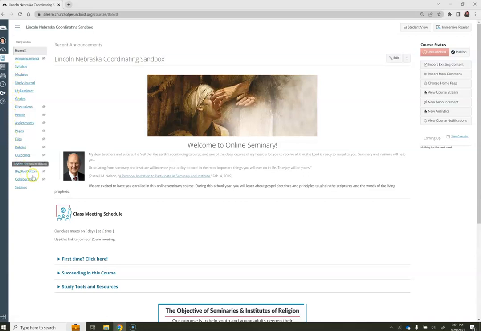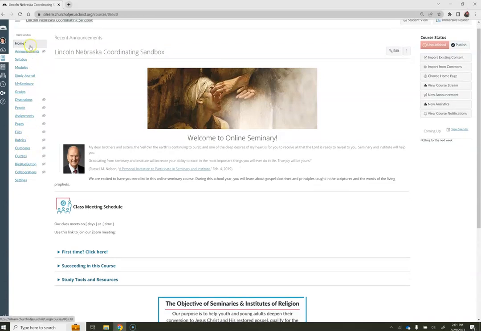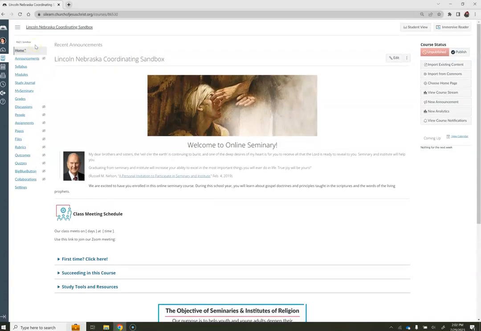This is how you get to different things within your class, this directory right here, and how you can go about changing things within your actual class. But your class would look just like this. One thing that you're going to want to update right away before you let your students see this class and actually have it published, which means viewable to your students,